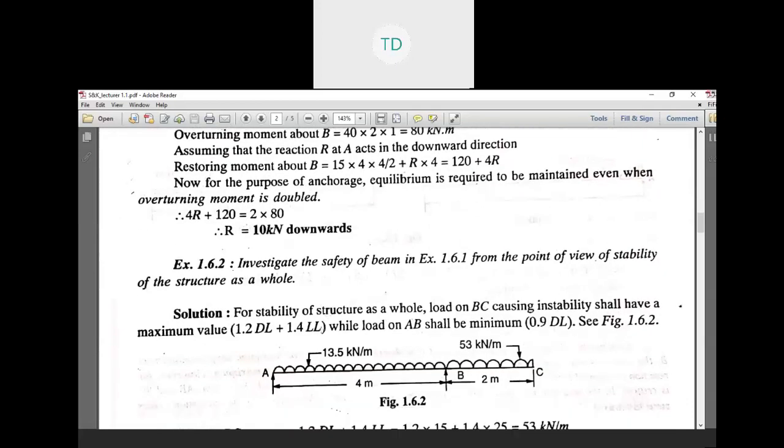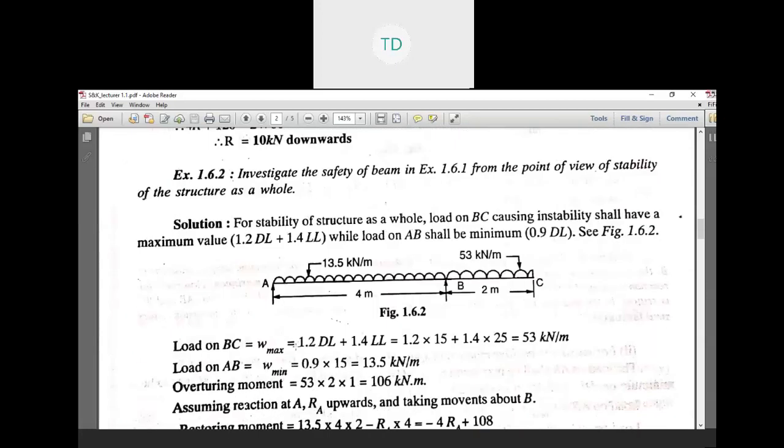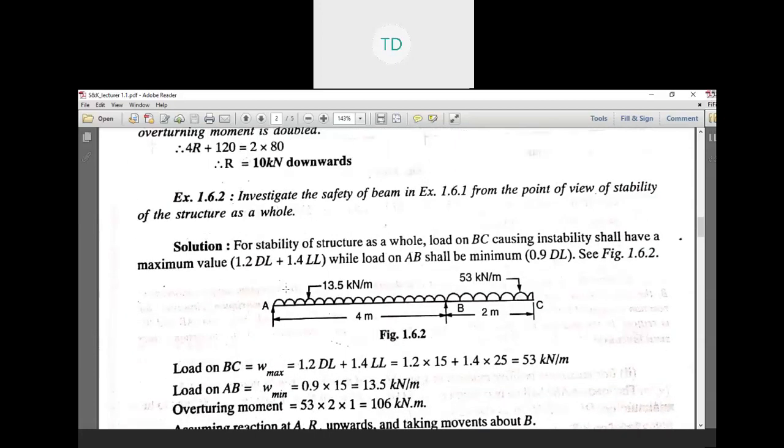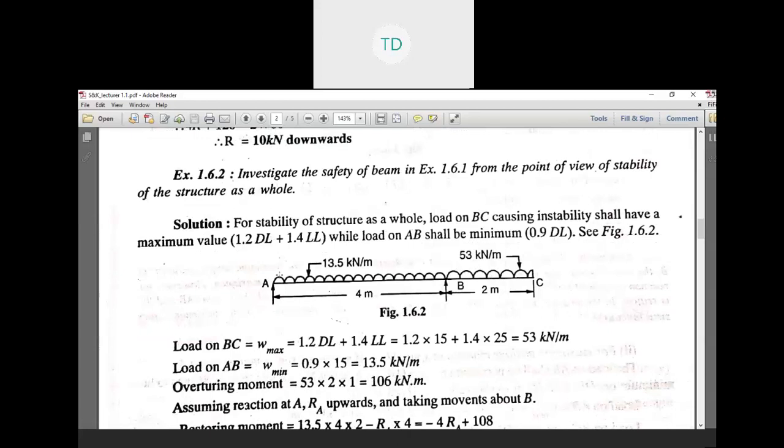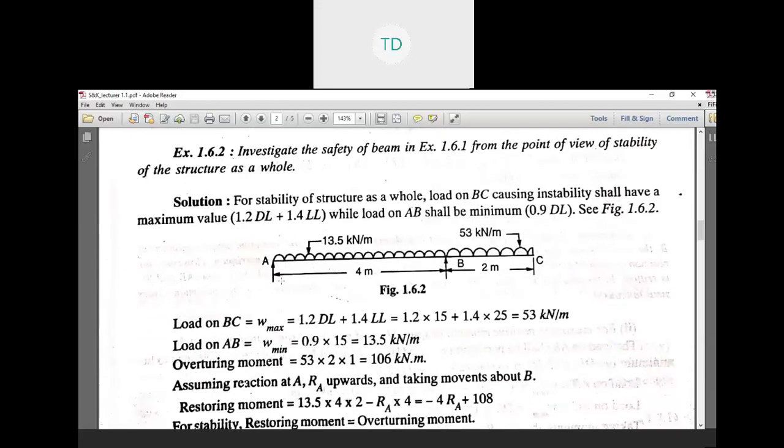Another example. Investigate the safety of the beam in the above example from the point of view of stability of the structure as a whole. The first example is about overturning, then the second example is about stability, same beam,